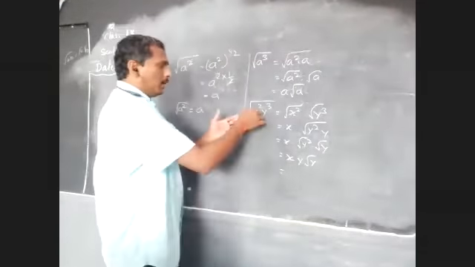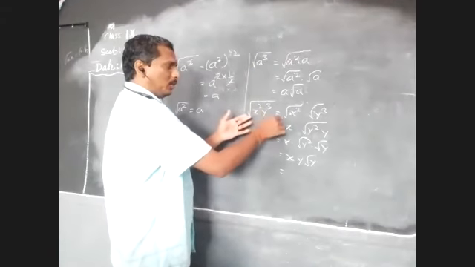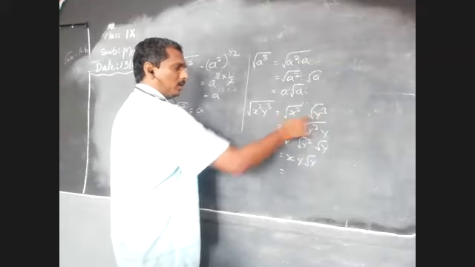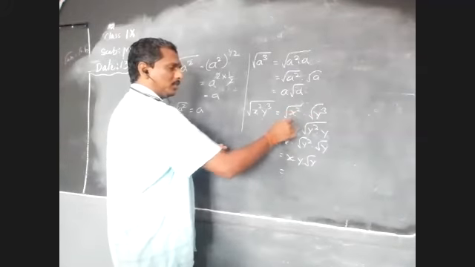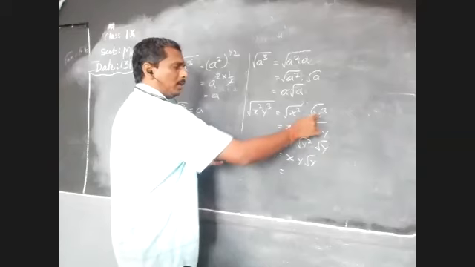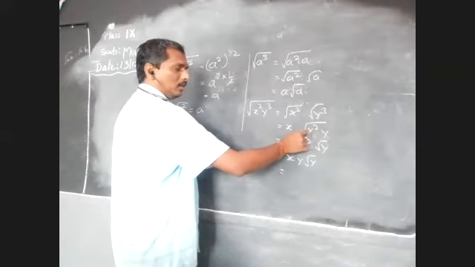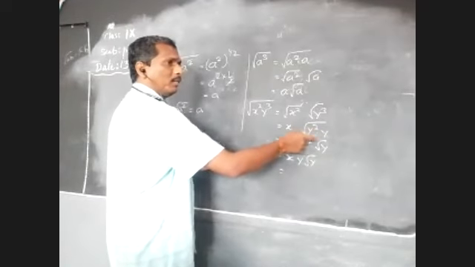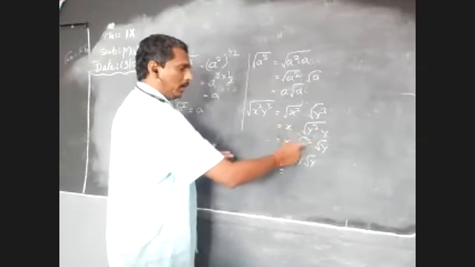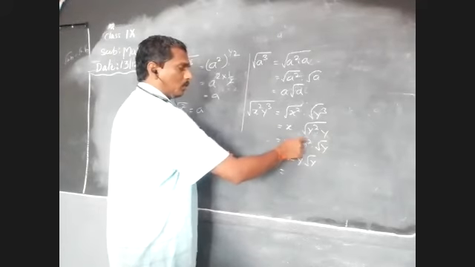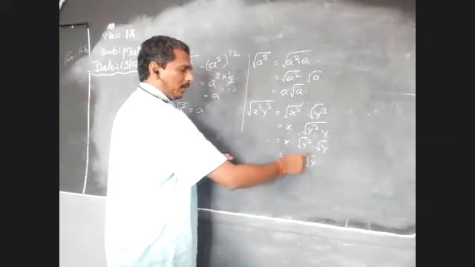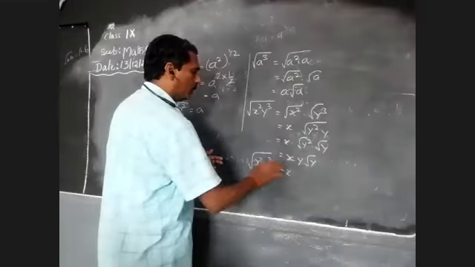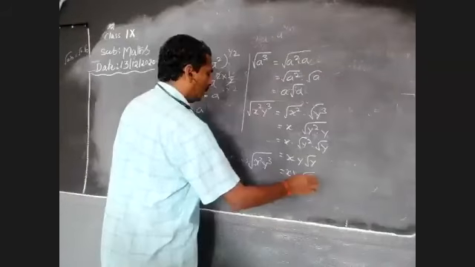So listen here. Square root of x square y cube can be split as root A into root B. So root of x square into root of y cube. So in this part, square root of x square is x, into root of y cube, which can be split as root of y square into y. Again it is in the form of root of AB. Root of AB formula is root A into root B. So root of y square is y. So x into y into root y. So the value of square root of x square y cube is x into y into root y.